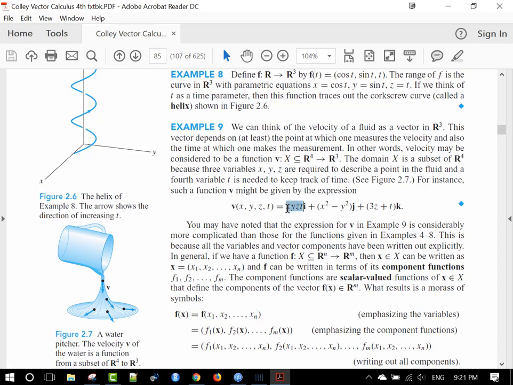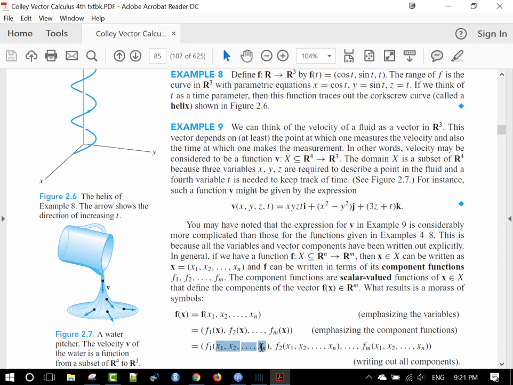So we could write x, y, z, t, comma, this, comma, this, right? That means a vector, the commas, but we're calling them f1, f2, and fm, right? And they take vectors as inputs, right? This is a vector. This needs a vector to give us x, y, z, t. Okay, so we can write it like this, or we can even write it like this, where we write out